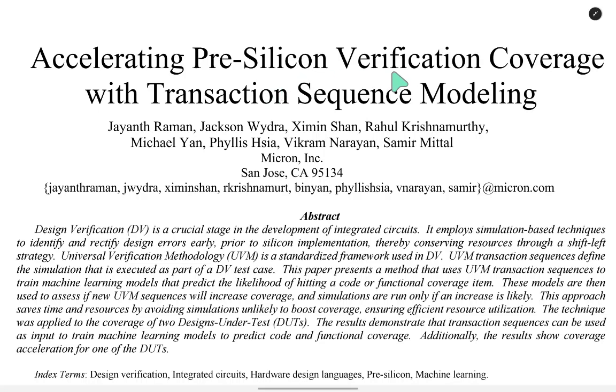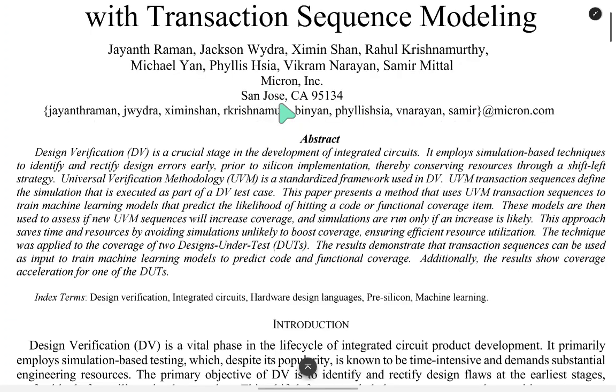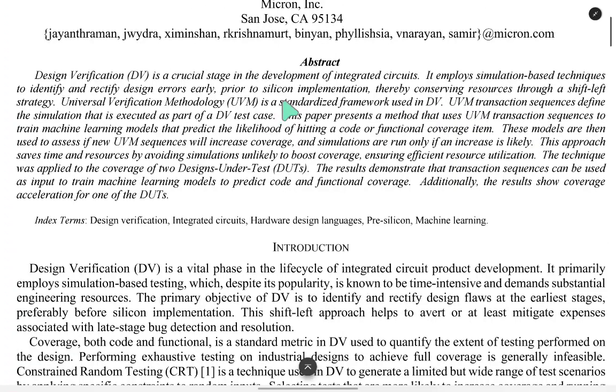Accelerating polysilicon verification coverage with transaction sequence modeling. Abstract. Design verification is a crucial stage in the development of integrated circuits and employs simulation-based techniques to identify and rectify design errors early, prior to the silicon implementation, thereby saving resources through a shift-left strategy. Universal Verification Methodology